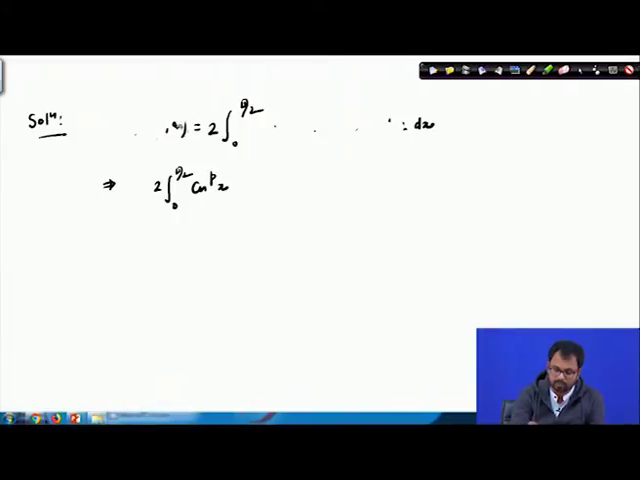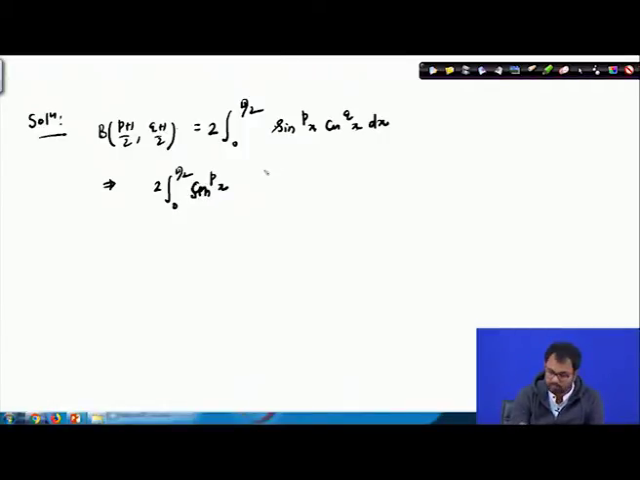We have this relation which we have derived in the previous class: beta(p+1/2, q+1/2) is actually sin^p x times cos^q x. So this relation we have already derived in the previous class, and this can be written as 2 times sin^p x times cos^q x is equal to beta(p+1/2, q+1/2),